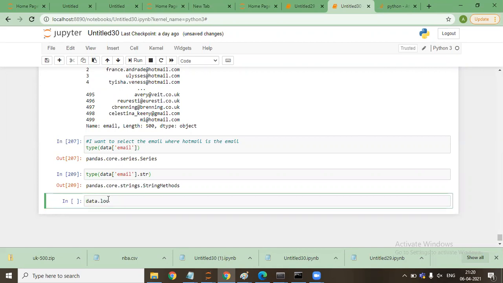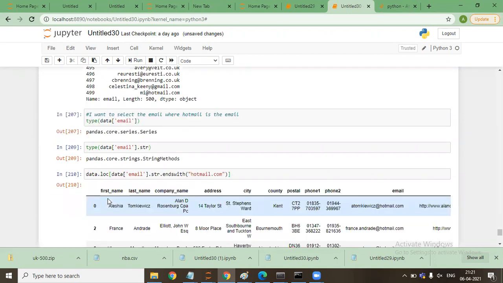Now if I say data.loc, data email dot str dot, now with str we can perform many functions, say endswith hotmail.com.